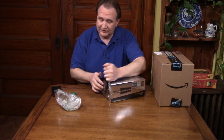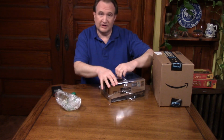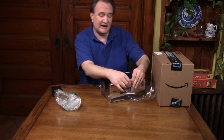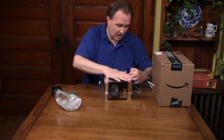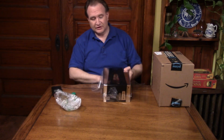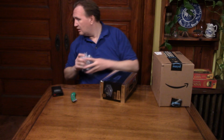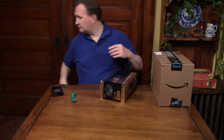Let me tell you, when I was testing the computer with a second power supply, that was a power supply where the fan didn't come on until it thought it needed it, and the fan never came on. So I really don't think I'm going to have a problem with an overheating power supply unit. You never do know, but